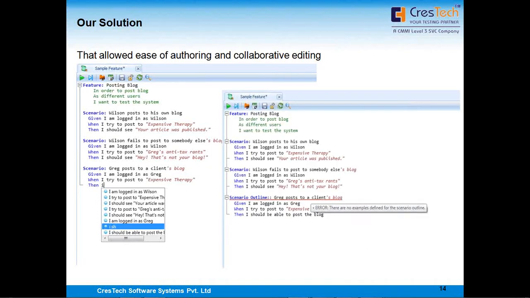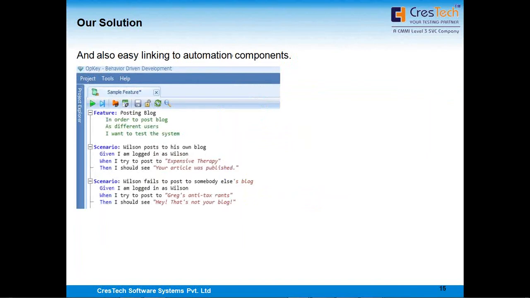So now, when we are done with our feature file authoring, the main task we have is the backend files, the automation components at the backend. Each line, each statement of this feature file has to be mapped with an automation statement at the backend. We call it a function library. So when we execute this feature file, it will execute all the component function libraries at the backend.